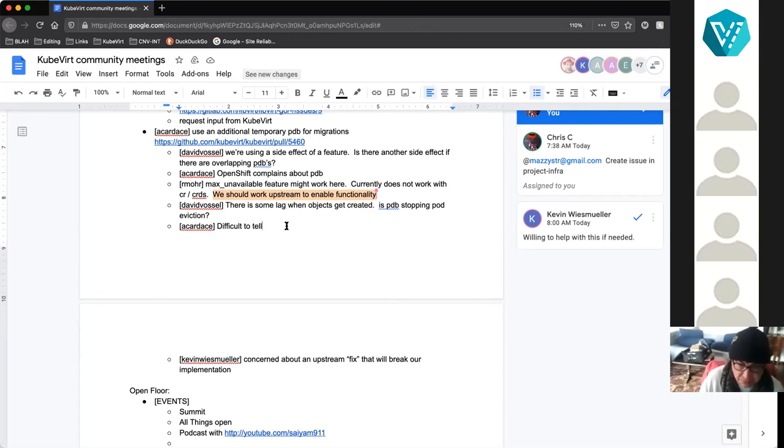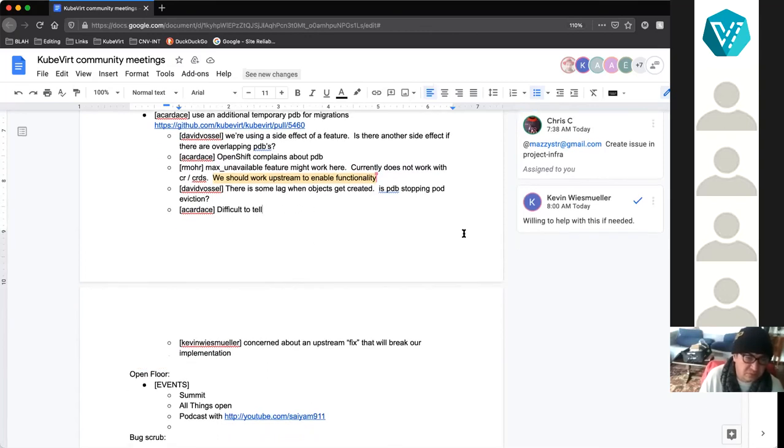It looks like Kevin has tagged himself on working upstream to make that max available feature work correctly. I'm not yet familiar with the component itself, but if somebody who knows more about it wants to work on it, I'm happy to at least help. I would be willing to help with upstream. I feel at home there.